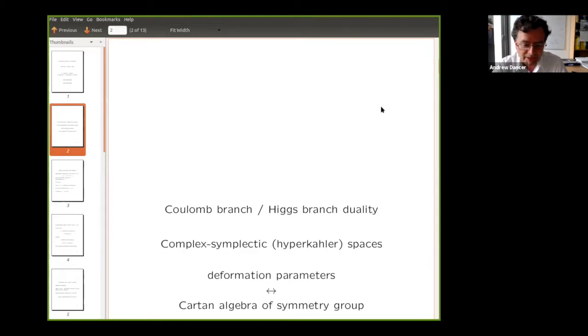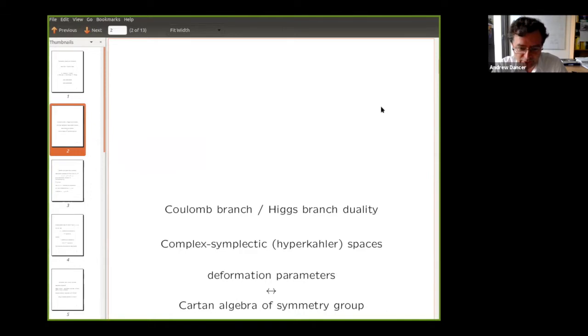This is part of a story of one of these dualities, which is so exciting in mathematical physics. It's not exactly mirror symmetry, something a bit different. It's the duality, people often call it symplectic duality, which physically is the duality between 2 different branches of a certain class of physical theories, the so-called Coulomb branch and the Higgs branch.